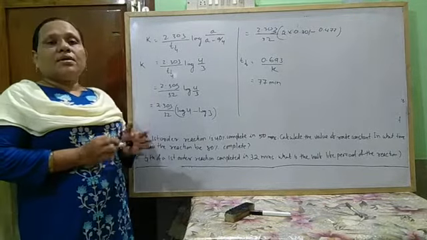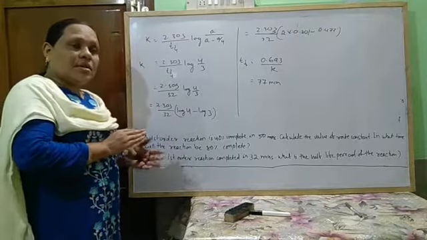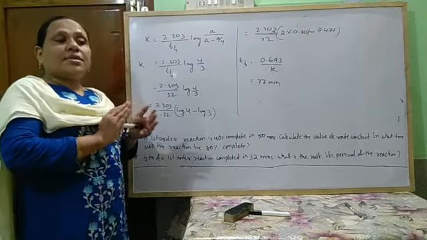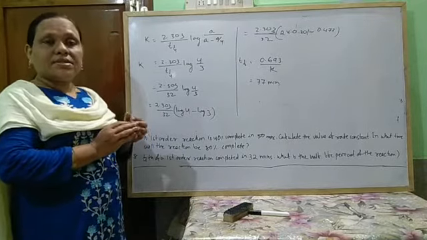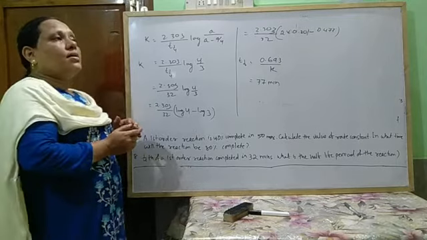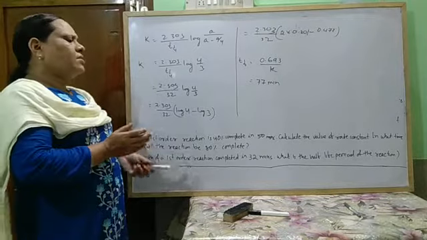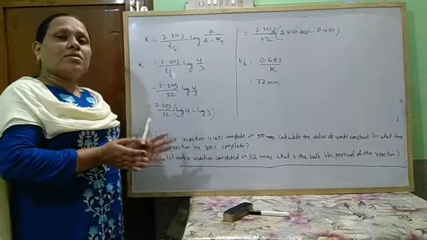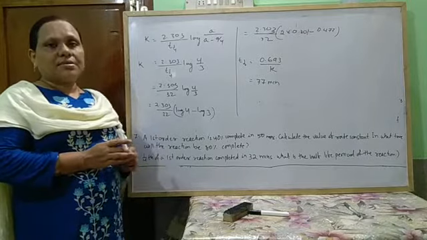So in this way, there are many types of questions. You may have to prove that T 75% equals 2 T half, or T 87.5% equals 3 T half, or T 99.9% equals 10 T half, or some related question to find the time period. In some cases, you have to find the concentration. For that, you just have to remember the main important formula, and then you can solve all these problems. Okay.